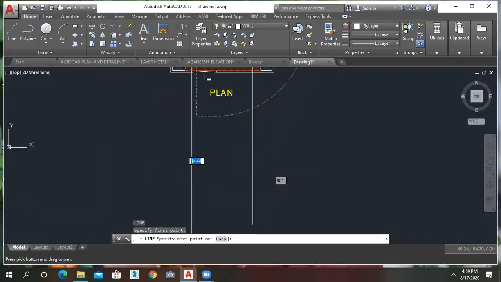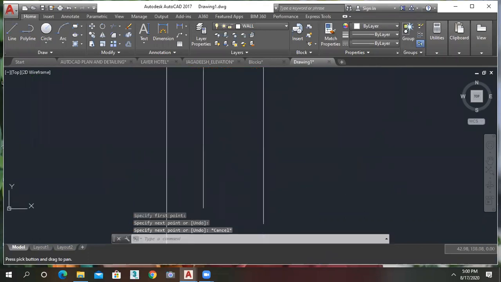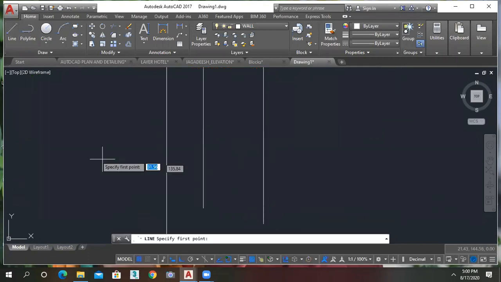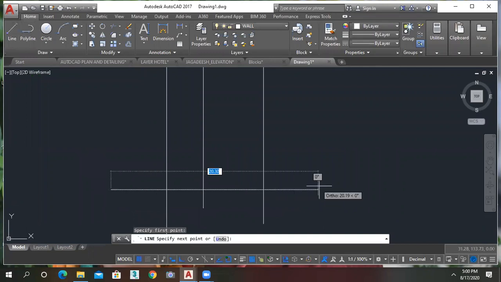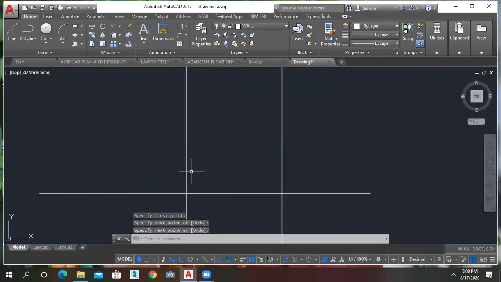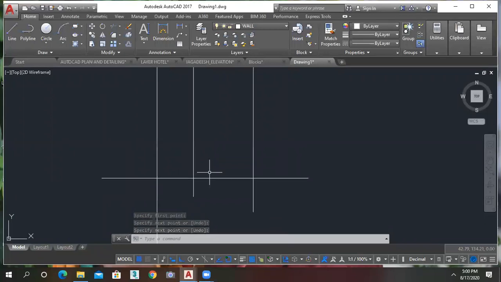So this is my ground. I just draw one line for the ground purpose. Can you tell me what is the standard height of the plinth here? Anybody know?